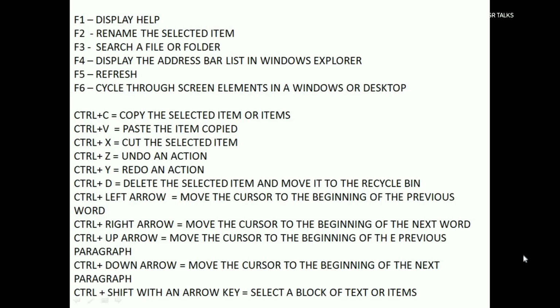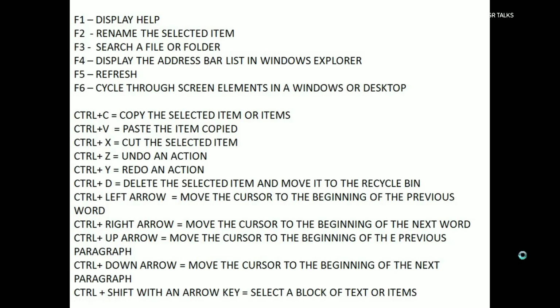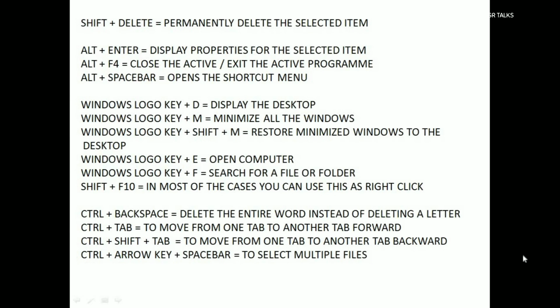Ctrl+right arrow moves the cursor to the beginning of the next word. Ctrl+up arrow and down arrow move the cursor to the beginning of the previous and next paragraph respectively. Ctrl+Shift with an arrow key selects a block of text or items. Whereas Shift+Delete helps us to permanently delete the selected item.